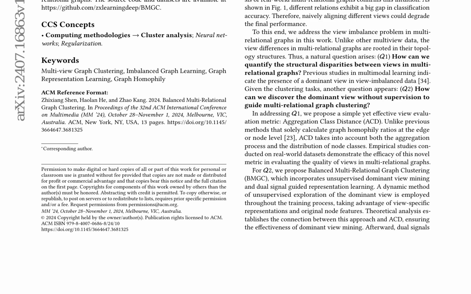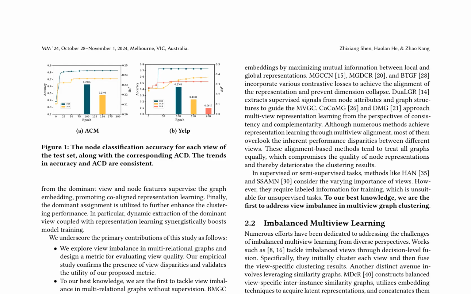The authors first highlight the importance of multi-relational graphs, which involve a set of nodes with multiple relations, in characterizing complex systems. They discuss the limitations of conventional multiview graph clustering, MVGC, methods, which often align all views to seek consistent information with the aid of a contrastive learning mechanism. This approach ignores the fact that different views in real-world data do not always carry equal significance, leading to the